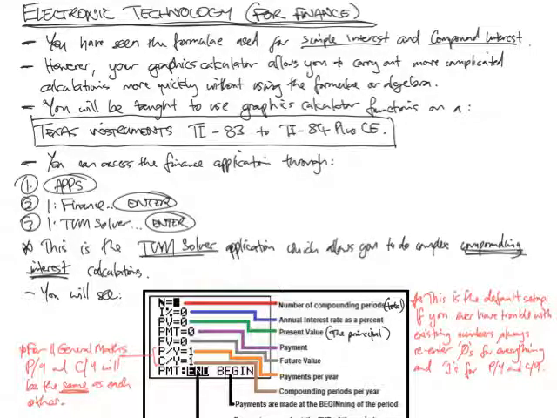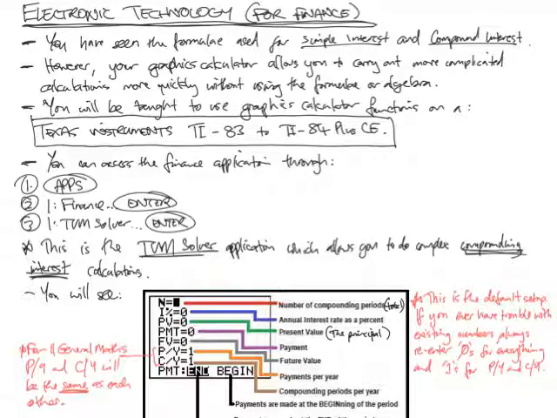This is about electronic technology for finance, so using your graphics calculator basically to answer the compound interest question. So you've seen a whole bunch of formulas for simple interest and compound interest, but to save you a lot of time, you use your graphics calculator to carry out more complicated calculations, specifically for compound interest. Okay,